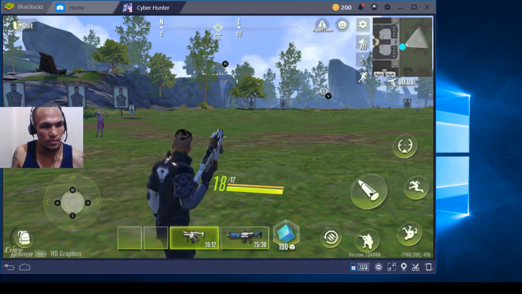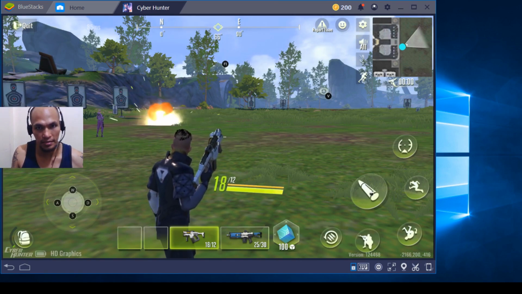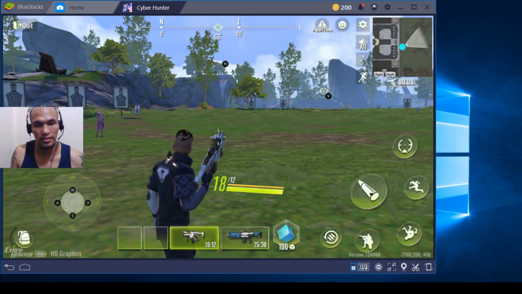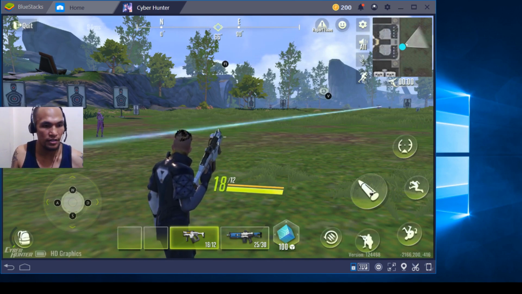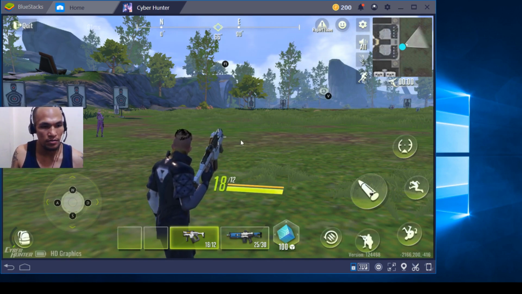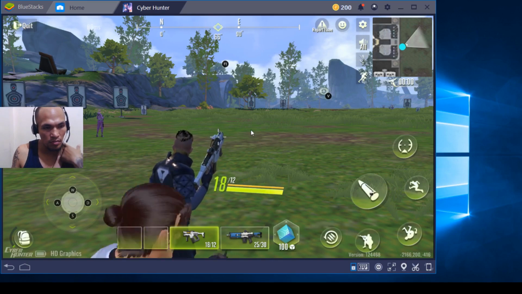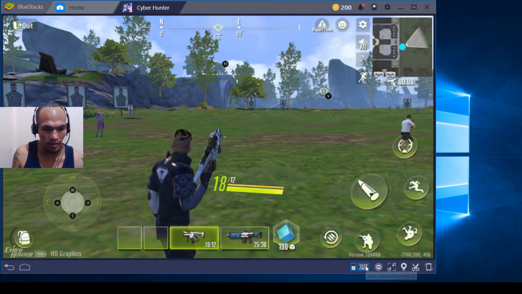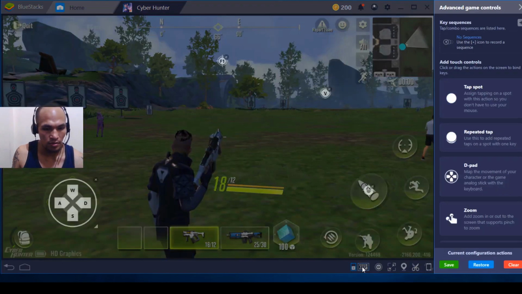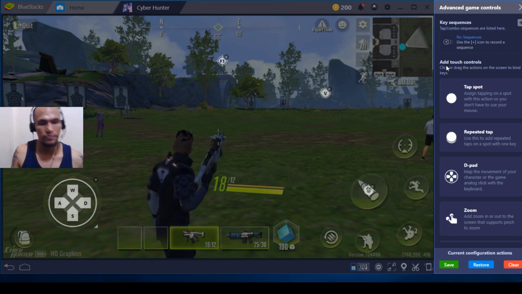Alright, so now we want to set up other in-game buttons to work with our mouse and keyboard. So now we have to click F1 again. The mouse cursor will be visible, and we just have to click the keyboard icon to open the advanced game controls. So now we've got the movement, the shooting and the looking covered. Let's now